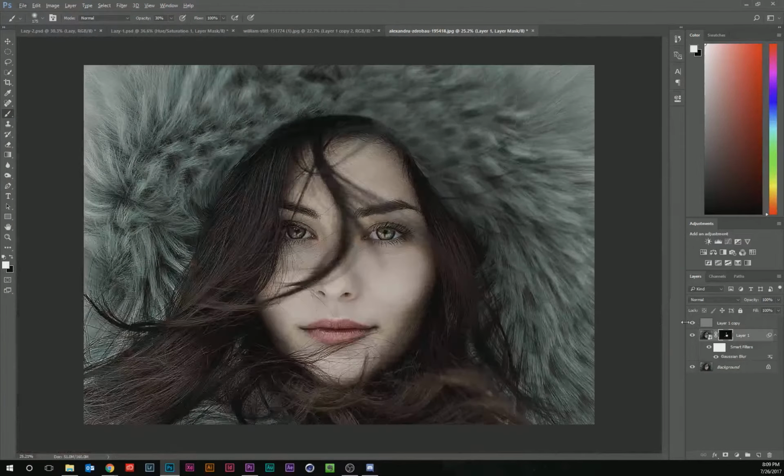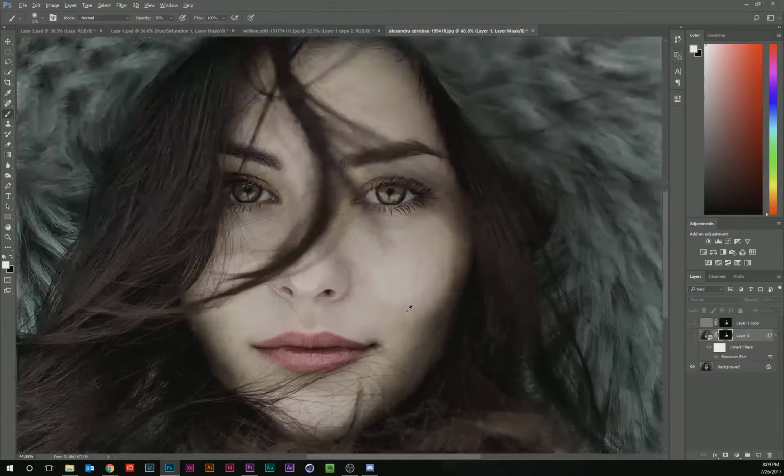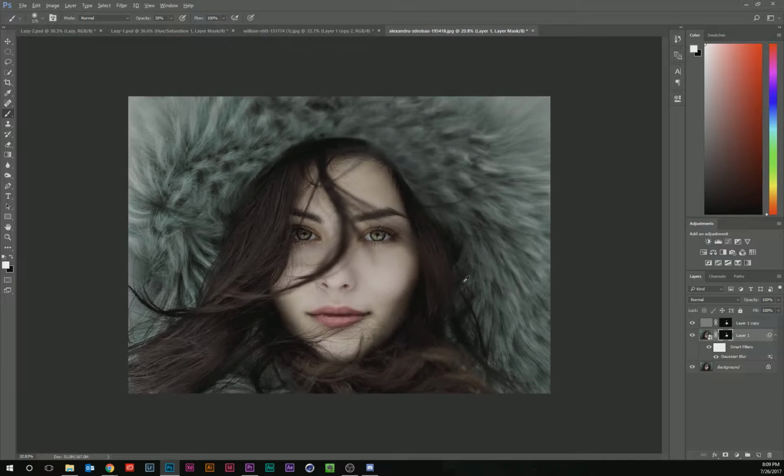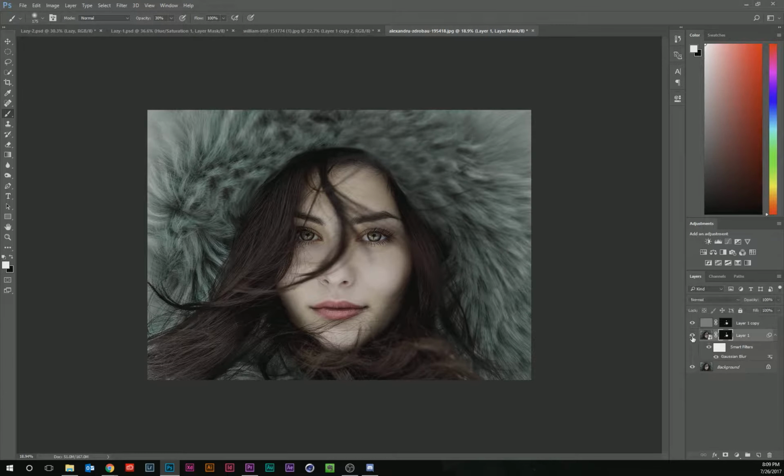So now, if I copy this layer mask onto our detail layer and hide these, you can see if I zoom in, we just removed a little bit of that blotchy skin, and there we go. So that's a quick way to do frequency separation, and just for kicks, I'm going to throw in the correct way to do frequency separation